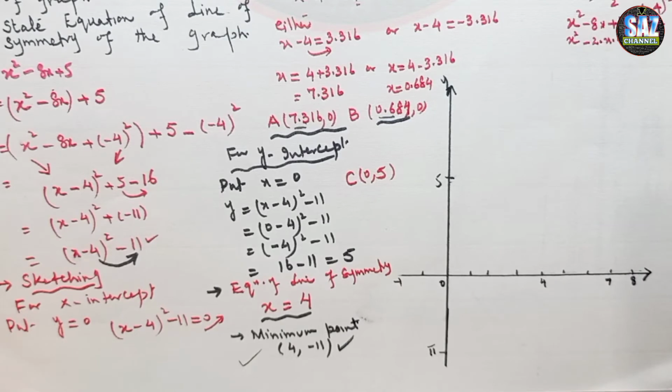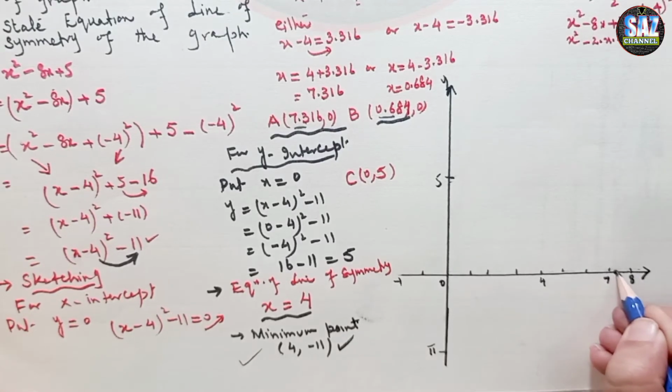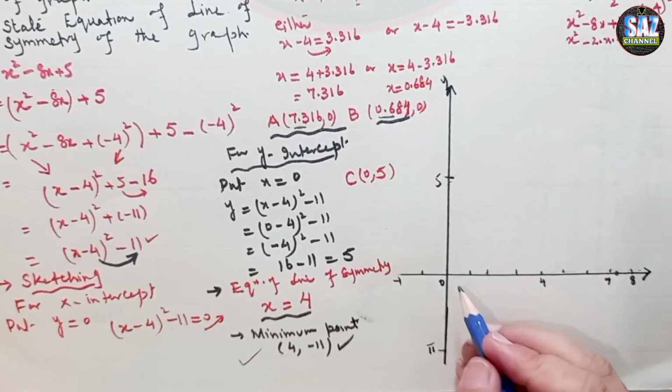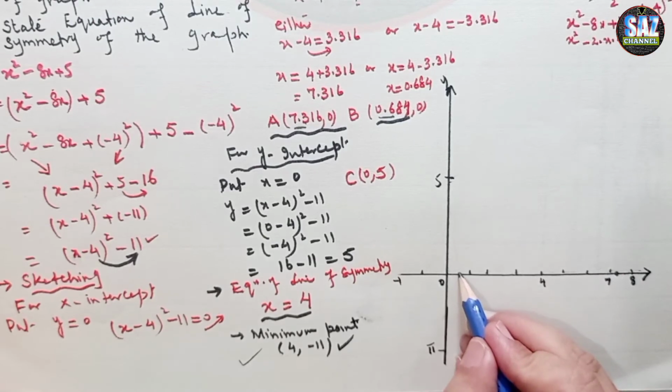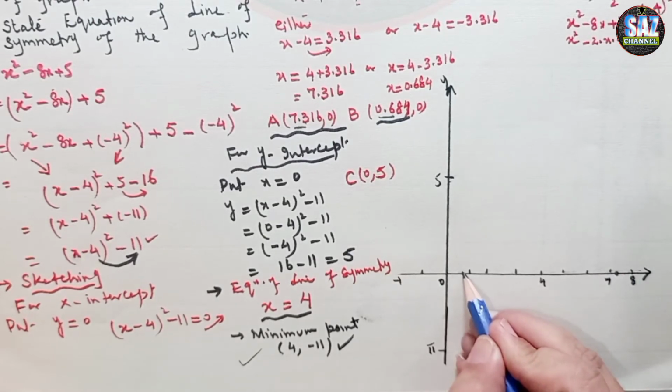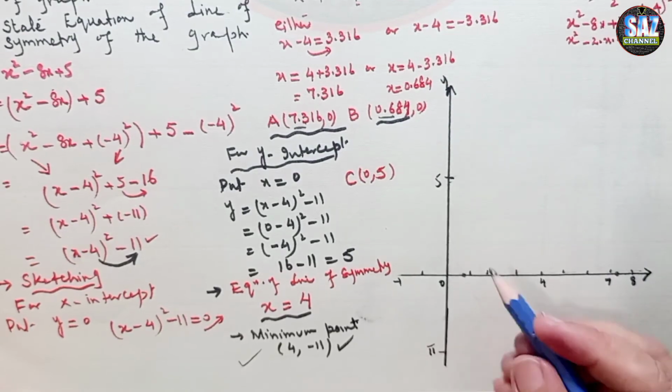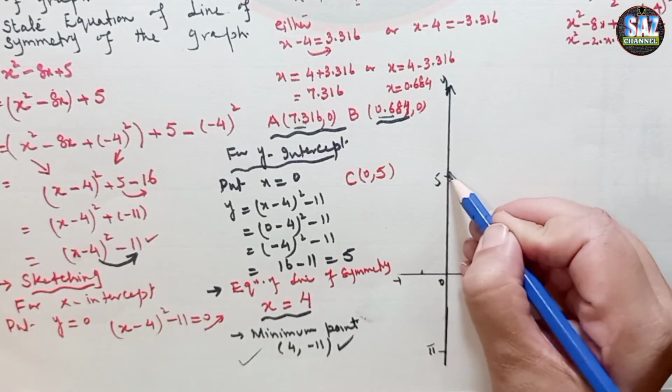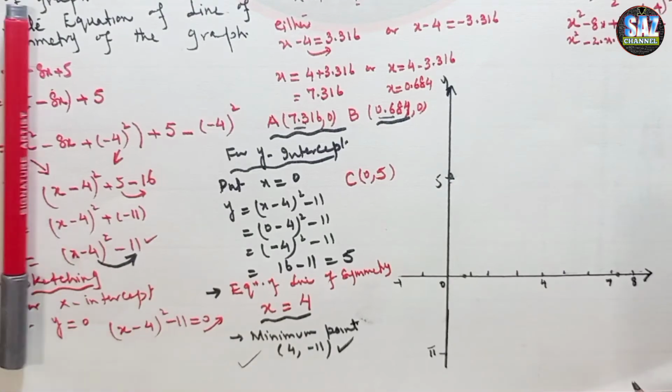The first point that I have to mark is 7.3, which will be a little after 7, and 0.68, about 0.7, if this is 0.5, 0.6 and 0.7, and my y-intercept is (0, 5),